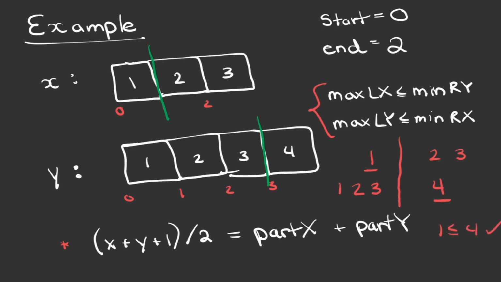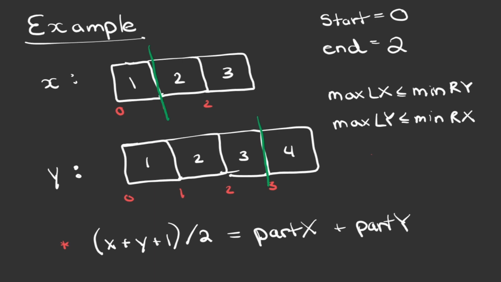But the maximum of the left Y, is it less than the minimum of the right X array? Well, 3 is not less than or equal to 2. So this condition fails. That means we have to go ahead and perform binary search again on the first array,